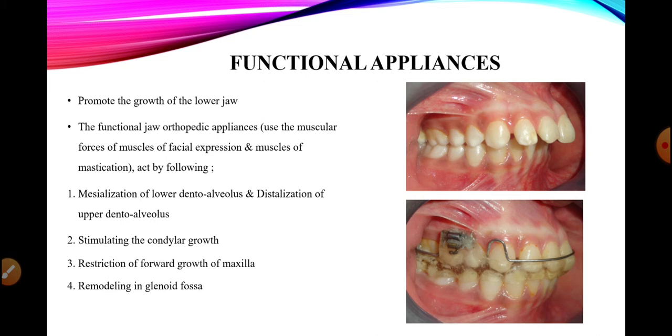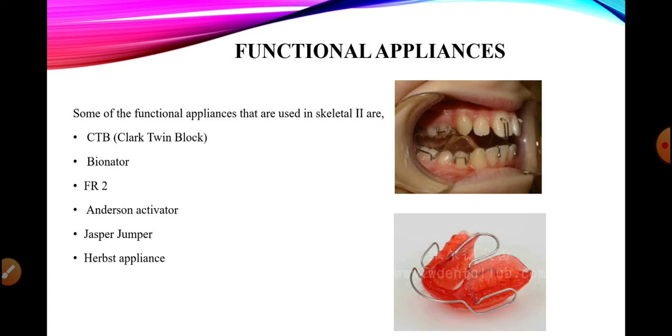So in cases of functional appliances, the mandible is brought forward. It will mesialize the lower teeth, distalize the upper teeth, with some stimulation of the condylar growth and some remodeling at the glenoid fossa, but majorly what we are observing still are the dentoalveolar changes. But a huge change in the facial profile is seen in cases of functional appliances, and usually they are given when the mandible is short or retrognathic. So there are various types of functional appliances that can be used in cases of a skeletal class 2 patient, some removable appliances and some fixed appliances.